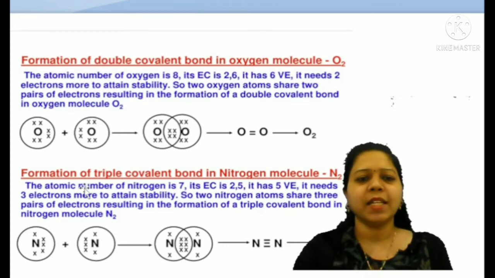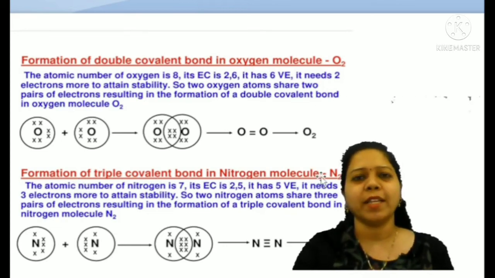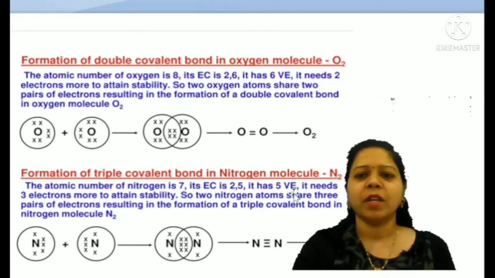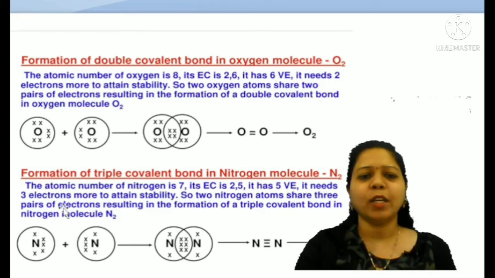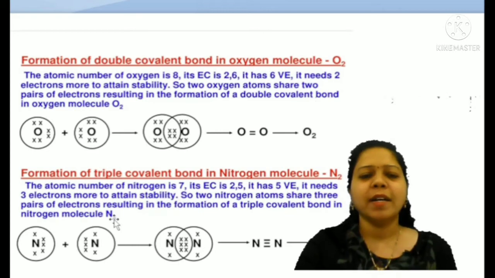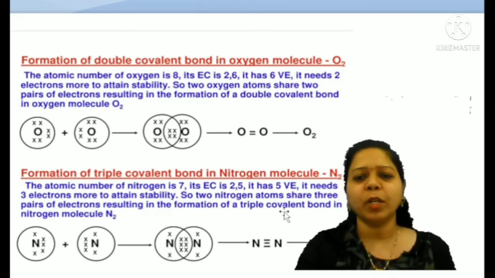Now next we'll see the formation of a triple covalent bond in the nitrogen molecule, that is N2. Here the atomic number of nitrogen is 7 and its electronic configuration is 2,5. It has 5 valence electrons. It needs 3 electrons more to attain stability. So 2 nitrogen atoms share 3 pairs of electrons, resulting in the formation of a triple covalent bond in the nitrogen molecule,